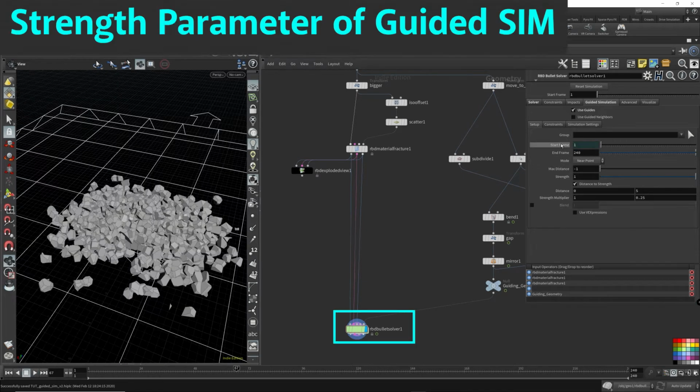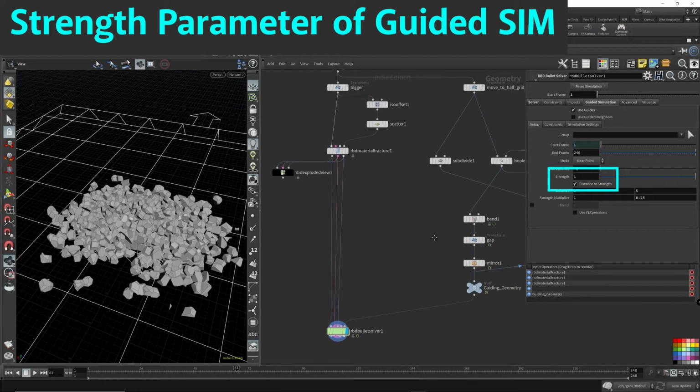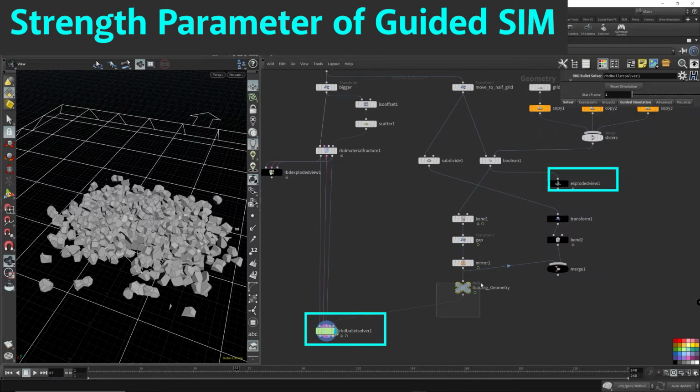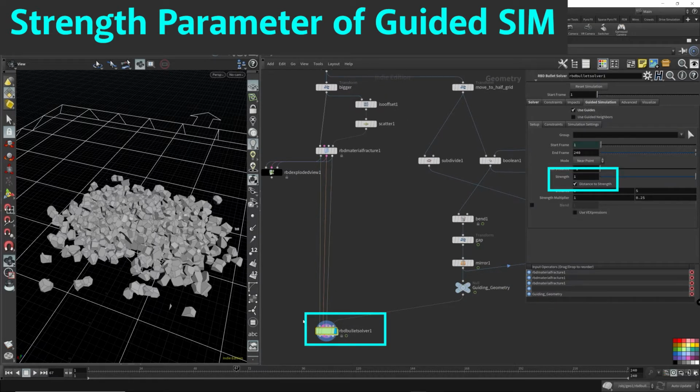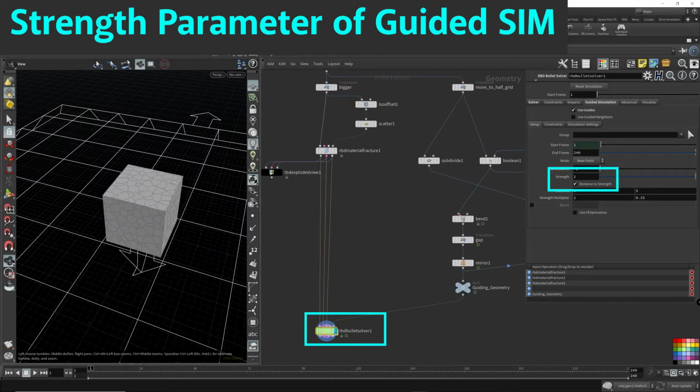Now the next thing I want to talk about is this strength, this distance to strength. What this is saying is the strength of how much this guiding simulation is influencing this RBD bullet solver. This is set to 1 right now. So let's see what happens when I set this to like 4 and just play it.